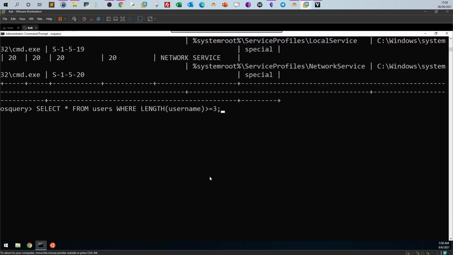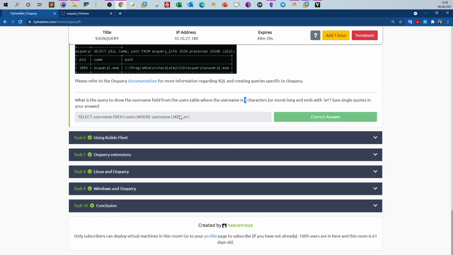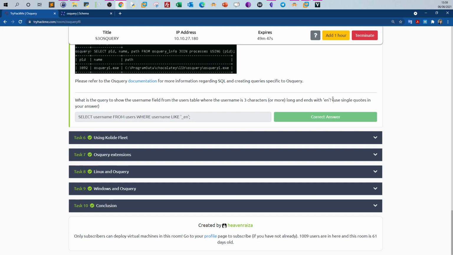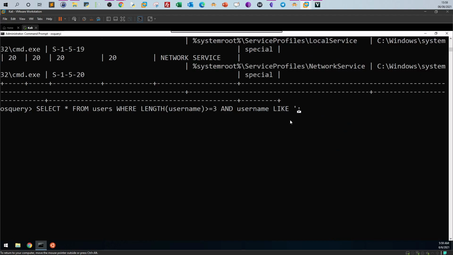But the second criteria, if we have to add a second criteria, we would use the AND. The second criteria is ends with en. So we have to use the LIKE statement, and username LIKE, so here it ends with, it doesn't start with, it ends with en. So we would use first the percentage sign, then en, and close the single quote. Enter, nothing appeared, but if we removed the first one,